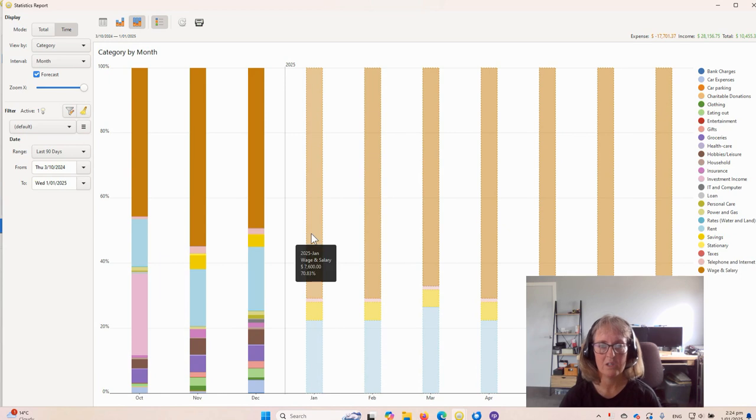So you can see that when you hover over it, you're expecting the wages and salary for these characters to not change. We're expecting to save $600. We're expecting to spend $2,400 on rent. Now, the more scheduled payments you put in, obviously the more accurate this is going to be. But over time,